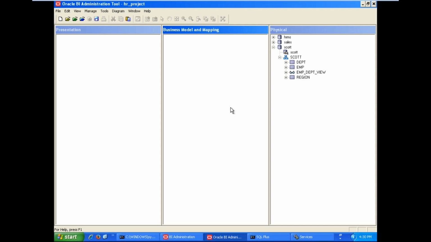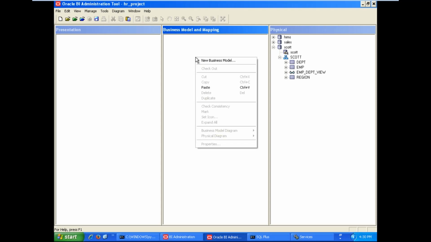Logically, you can derive the star schema in the BMM layer. In the physical layer, sometimes the physical diagram is available in the normalized format, but we can convert it into denormalized format in the BMM layer. For example, for the HR schema, I want to derive one business model. Assume from the HR we are getting old employee details. I want to derive a business model in the BMM layer as per the requirement to get old employee details. Then how to derive it?